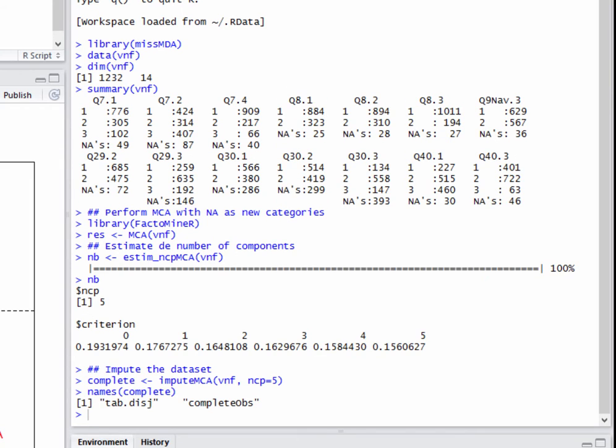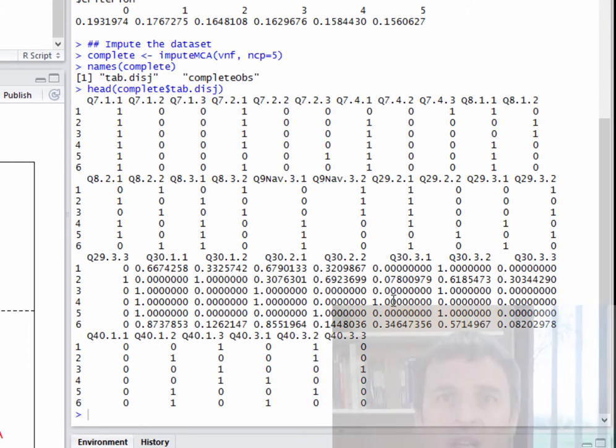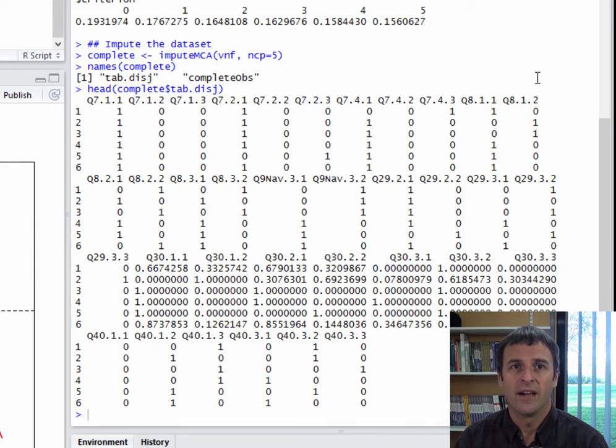In the output, there are 2 things, an object called tab.dish and another called completeOps. We can visualize tab.dish. It's the disjunctive table after imputation. In fact, in MCA, each qualitative variable is turned into as many indicator variables as there are categories.